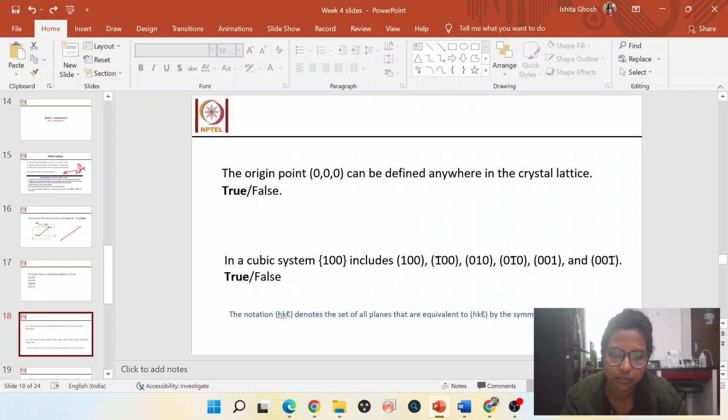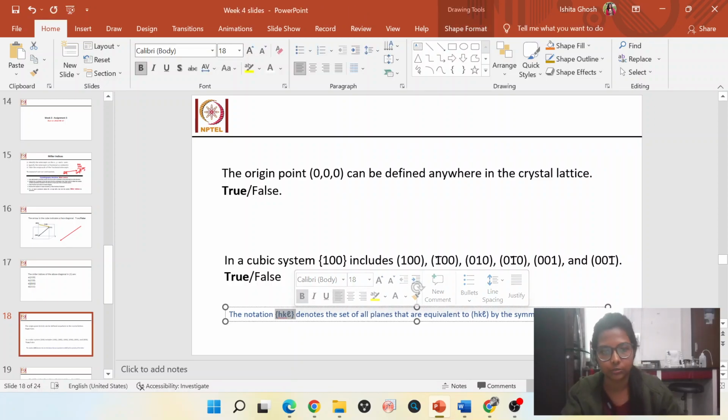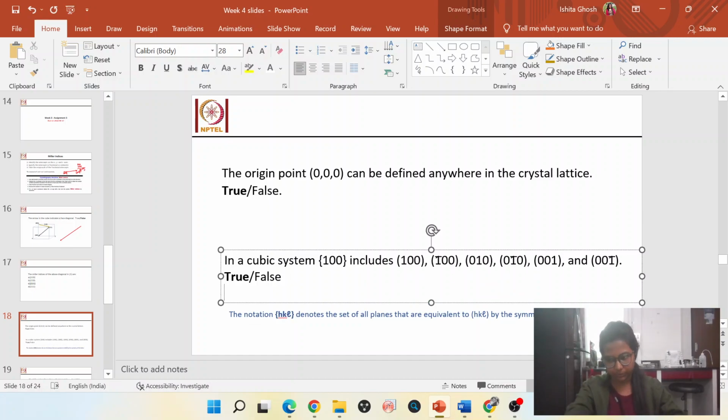And then this another question was this. So here you have to remember this notation. What we learned about square brackets for directions, we learned about first brackets for the planes. There are these curly brackets. What do curly brackets denote? The curly brackets denote all set of equivalent planes. So this notation denotes the set of all planes that are equivalent to this plane by the symmetry of the